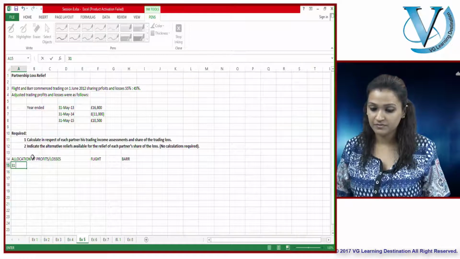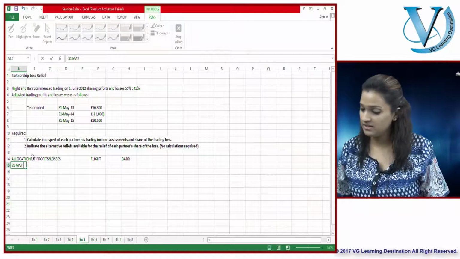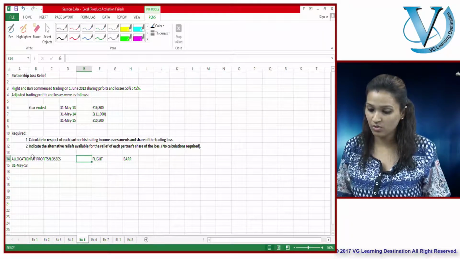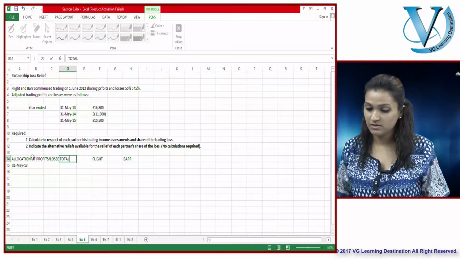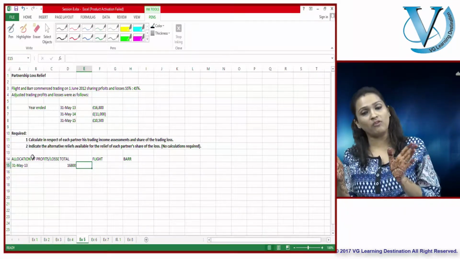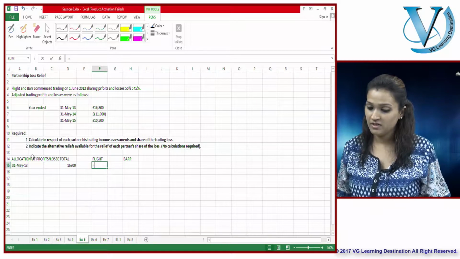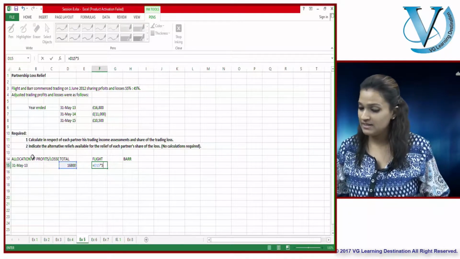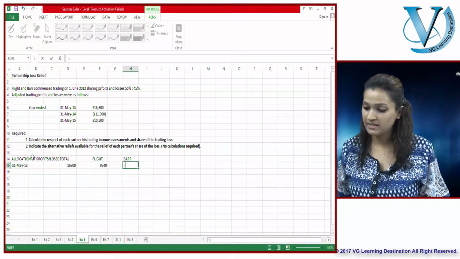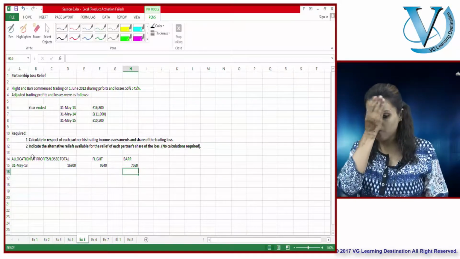31st of May 2013. What do we have? What is the total? Let me just make a column for total as well here. The total is 16,800. Profit gets divided amongst the two partners in their profit sharing ratio, which is what? 55 and 45. So very simply just multiply these and divide them in their profit sharing ratio of 55% and 45%.